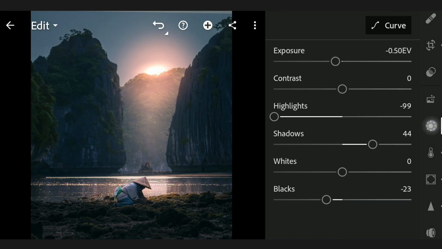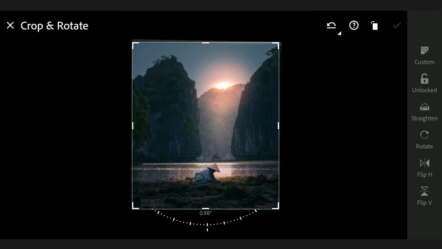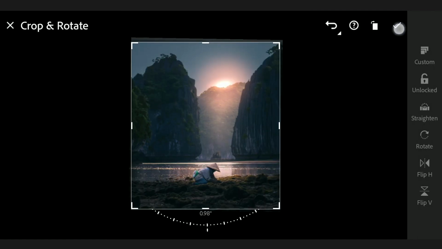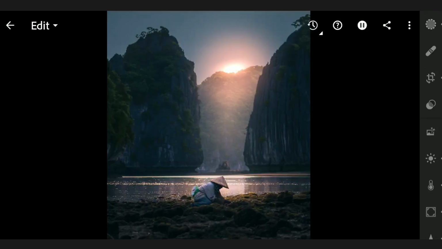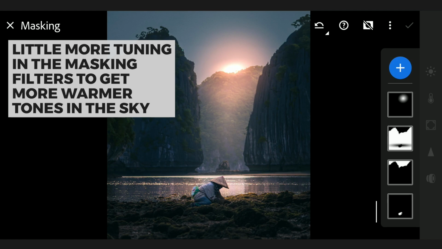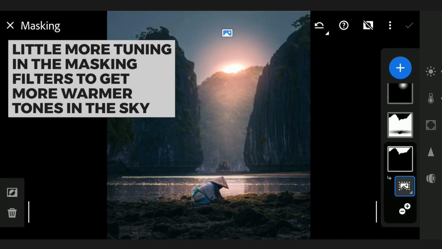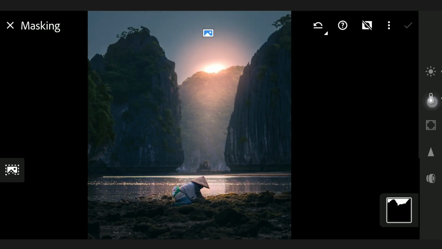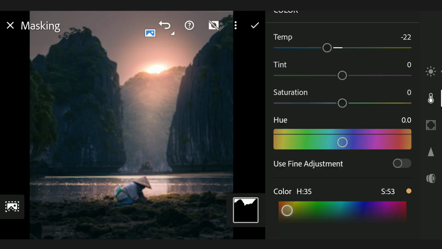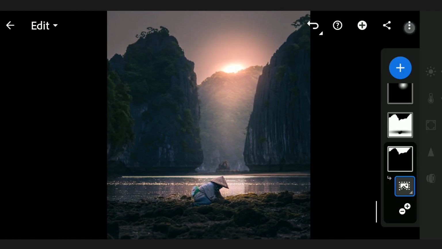Cropping the top part a bit here. The final result is here.